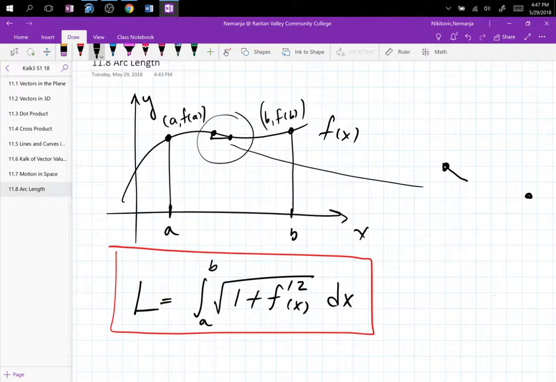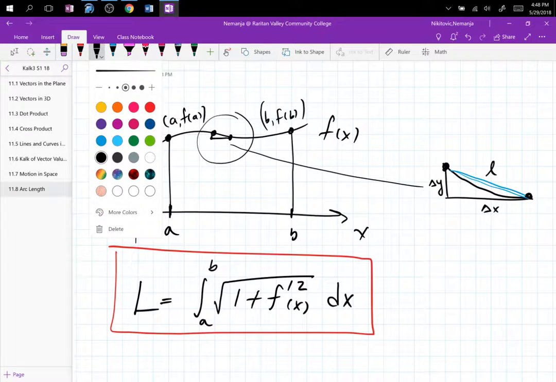I am going to have a curvature of some kind over there, but then what I do is I smooth that out with a straight line. We know that this is the change in x, this is the change in y, and this is the lowercase l, because this is just a representative part. So now if we use the Pythagorean theorem, we can write that